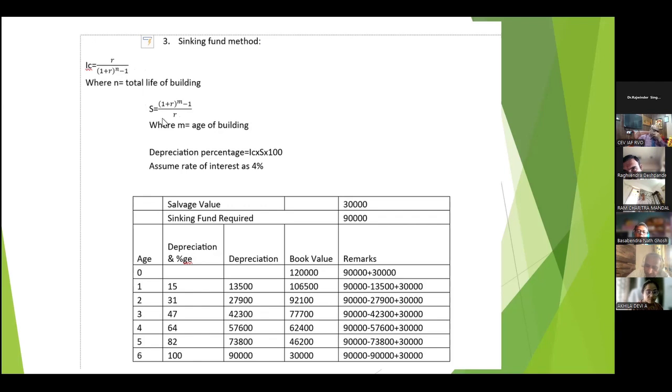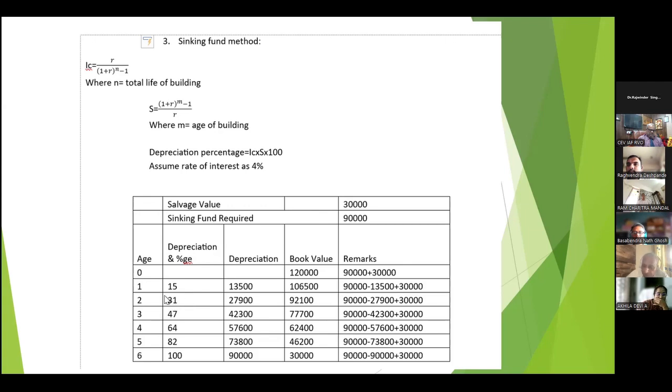तो ये IC और S आप एक्सेल में कैलकुलेट करोगे। तो फर्स्ट ईयर के लिए कैलकुलेट किया, यू कैलकुलेट इट फॉर द फर्स्ट ईयर, परसेंटेज कम टू बी 15%। सो 15% ऑफ व्हाट? 90,000। 90,000 का 15% आ गया 13,500। सो दिस इज टू बी डेप्रिसिएटेड, फ्रॉम द 90,000 you have to subtract 13,500, प्लस 30,000 आपके पास ऑलरेडी पड़ा ही है, उसको सालवेज वैल्यू को आपने कुछ नहीं करना। तो टोटल वैल्यू आपके पास बच गई 1,06,500। ये जो 13,500 है वो 90,000 में से सब्ट्रैक्ट होना।